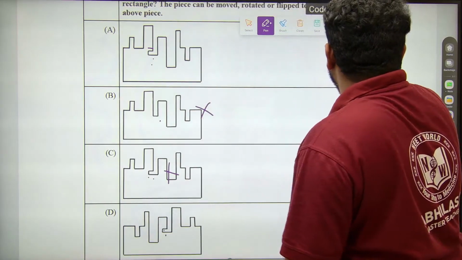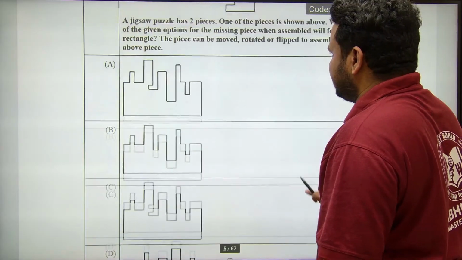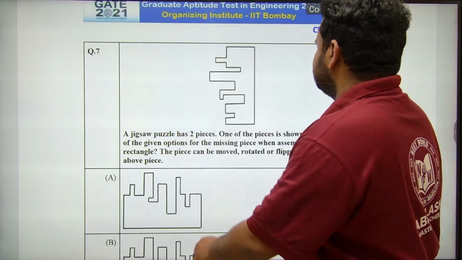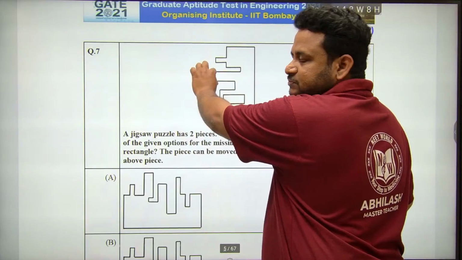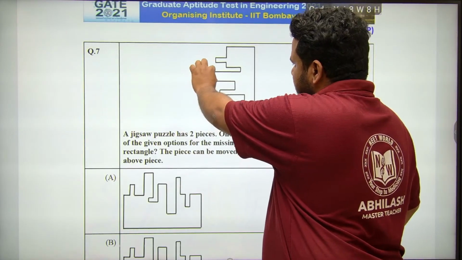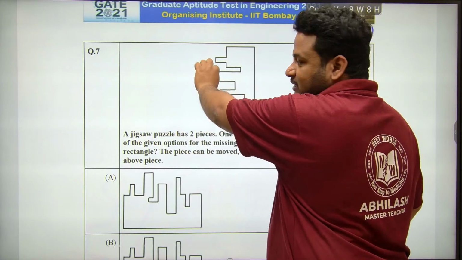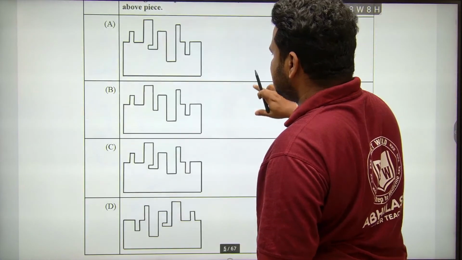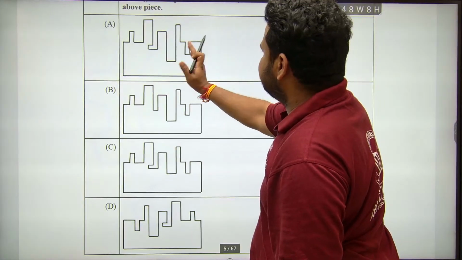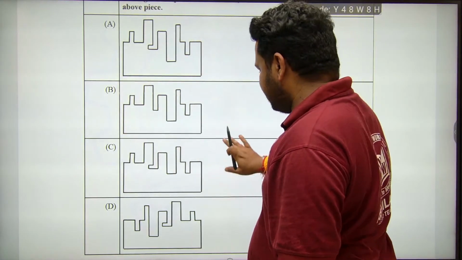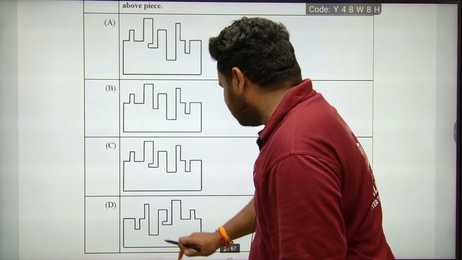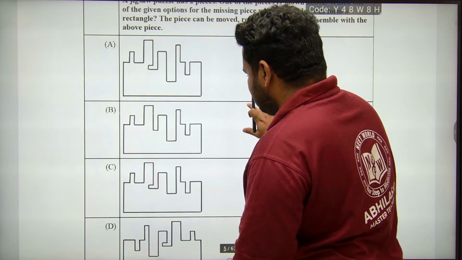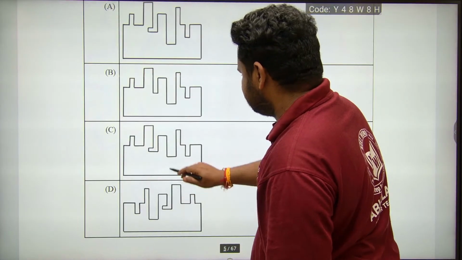So let us go back to the figure for more clarity. One of the options is ruled out. See here, the depth is more. See here, the depth is more. If you tilt it like this, the depth should come nearby here, not here. Now looking at this, this will not be the answer because this has gone this side. And here look at this, we are having the curve here, fine. So our options are limited to this and this. You cannot go with this.